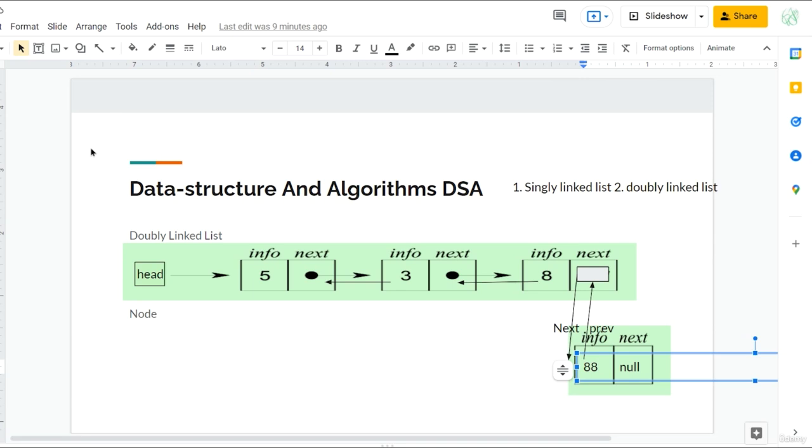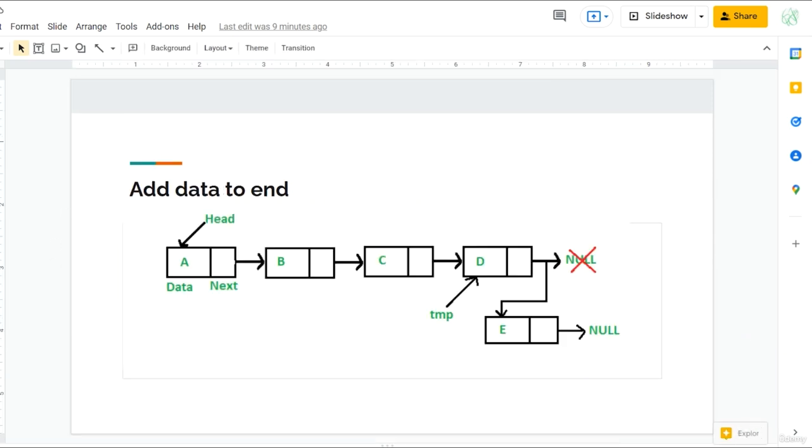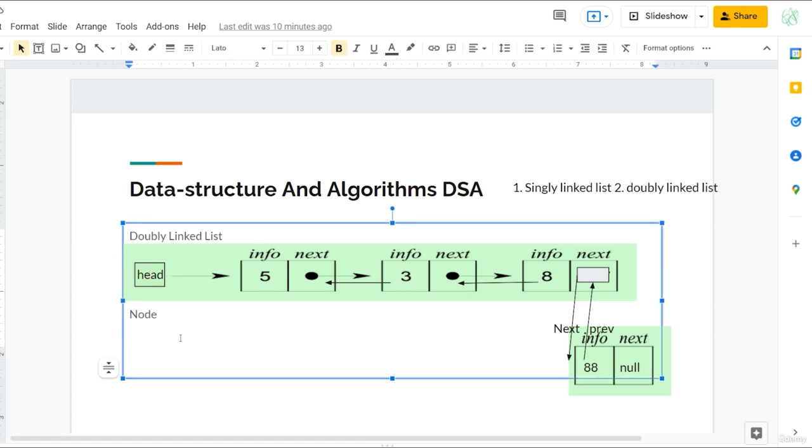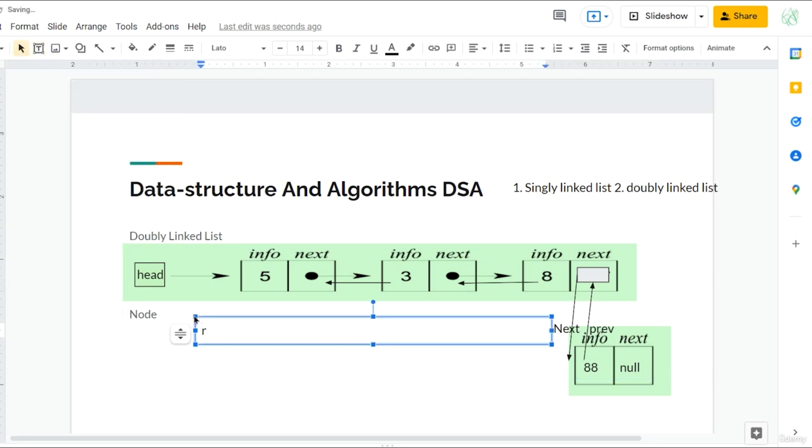So in this video, let us see how to traverse through the linked list. So we have the head pointer. So we can point the temporary pointer to the head. So let us make that. I will use a text box. So I have created a temporary pointer, which is temp, and I will point to